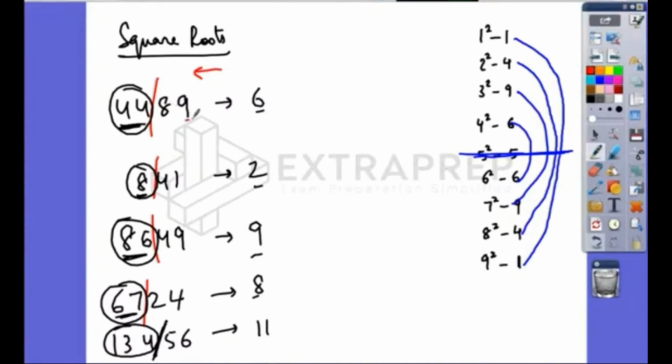Then let's talk about the units place. Which number squared gives you 9 at the end? There will be two possibilities, 3 and 7. So answer is 63 or 67. We are not sure. We'll find that later. Which number squared gives you 1 at the last? 1 or 9. So the answer can be 21 or 29. Which number squared gives you 9 at the last? 3 or 7. So the answer is 93 or 97. We'll find that later. Which number when squared gives you 4 at the last? 2 or 8. So answer is 82 or 88. Which number squared gives you 6 at the last? 4 or 6. The answer is 114 or 116.